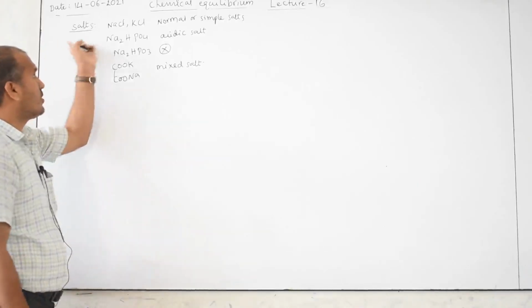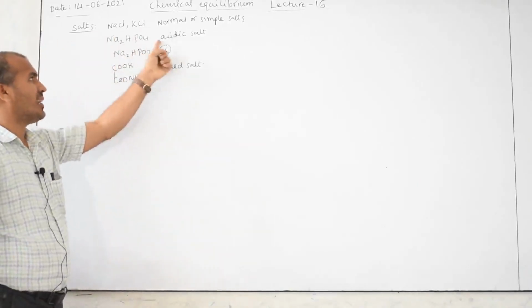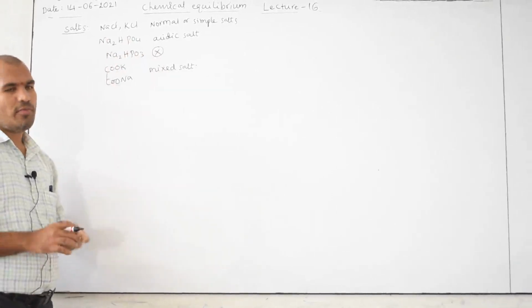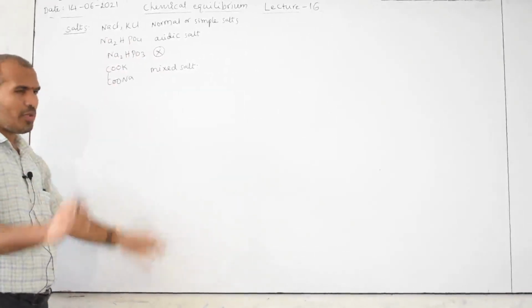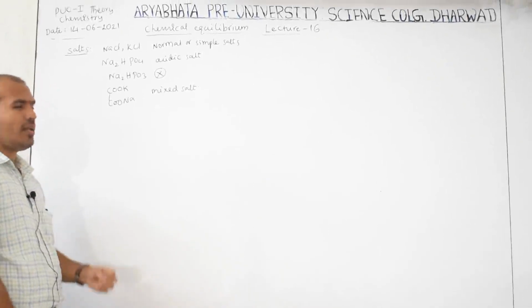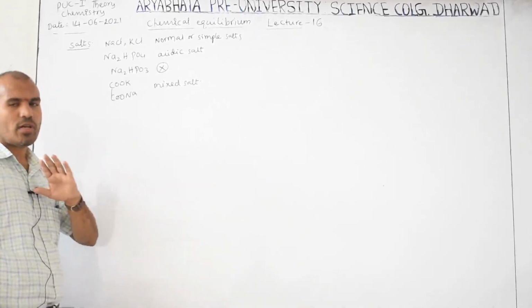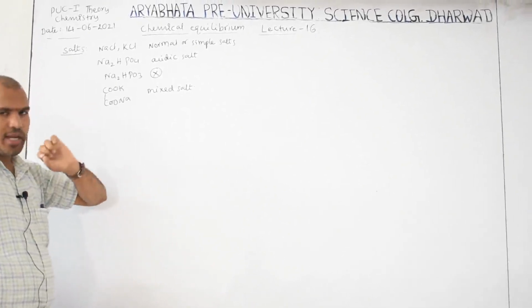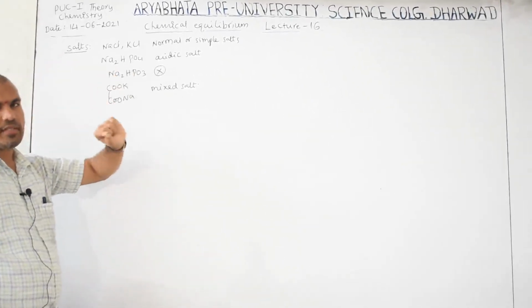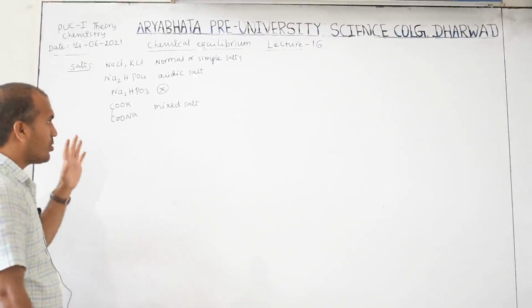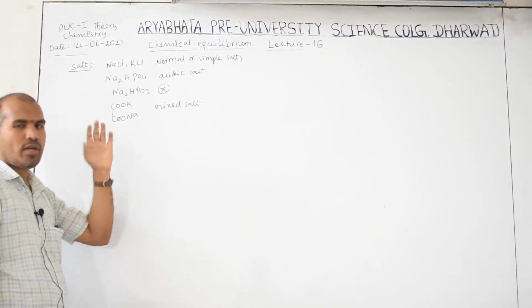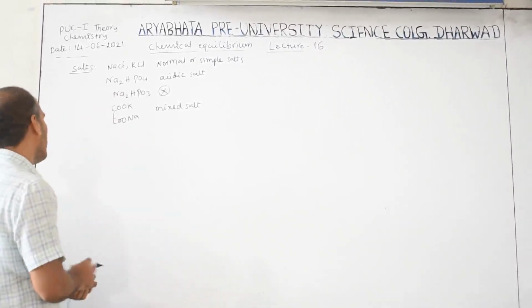Salts: normal salts, acidic salt. Always you have to think that hydrogen present means don't consider the acidic salt. It may not be given as H plus. You have to know what are the hydrogens directly bonded to the central atom of the acid, or bonded to OH. That also you should know. If you want to know, then you have to study acids and bases very clearly.